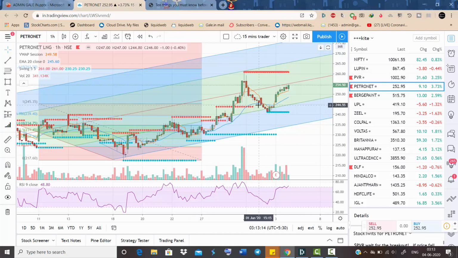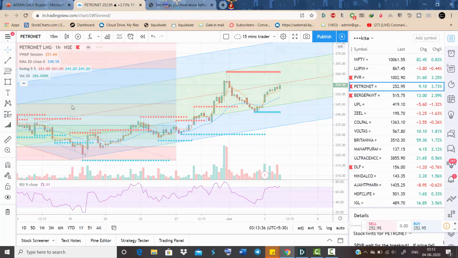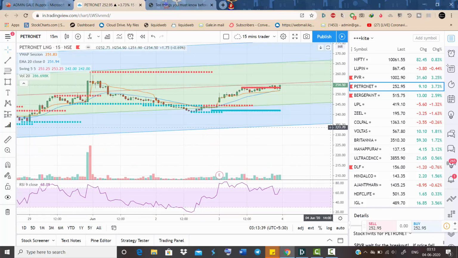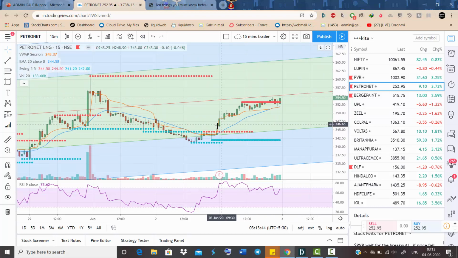So on an early chart positional, like yesterday you could have bought, or today morning as the market opened you could have bought this stock. After yesterday's dip, today's morning opening above 245 is a good buy. So we'll not buy here. I'll tell you how we bought. You can just zoom in. You can see this change in trend happening about 245.